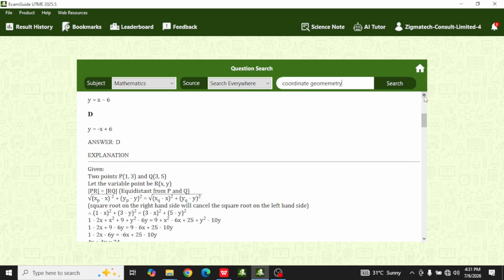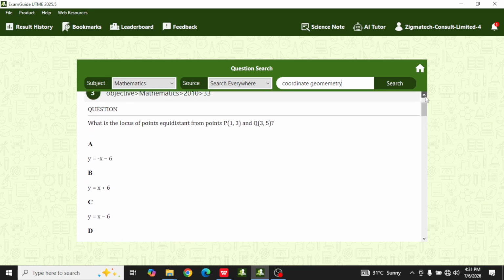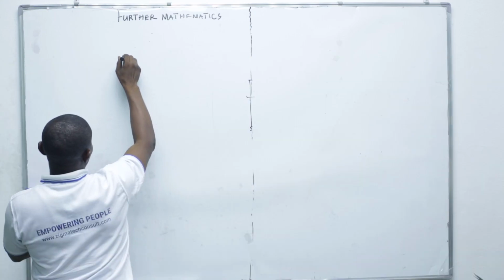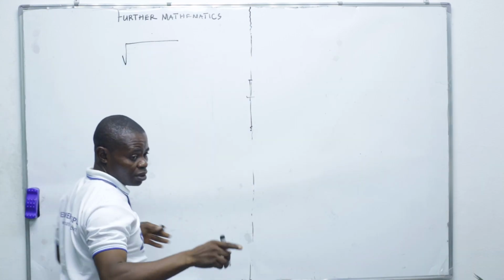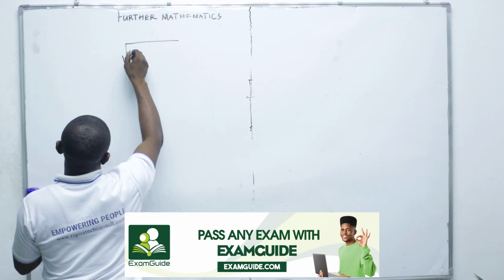So now, our rule is what? x2 minus x1. Assume that x1 is not existing, because they are looking for the locus of a point. This is the type of question when some of you see in JAMB, you won't know where to start. You know the formula, you apply the formula, yet it's not working. See what we are going to do. Like I said, formula: 1 as x2, just 1 minus